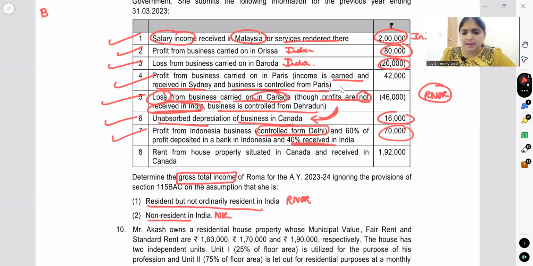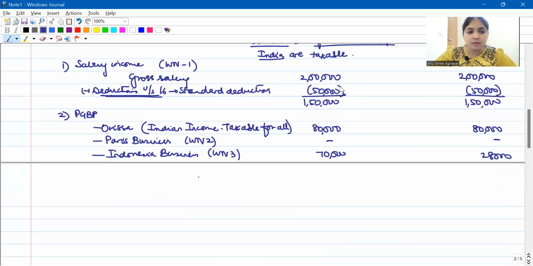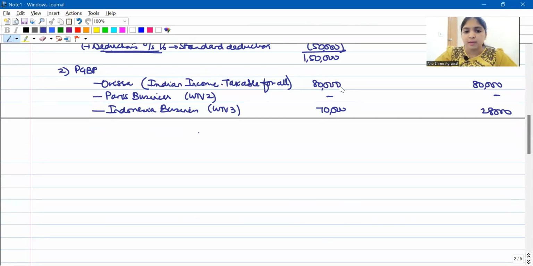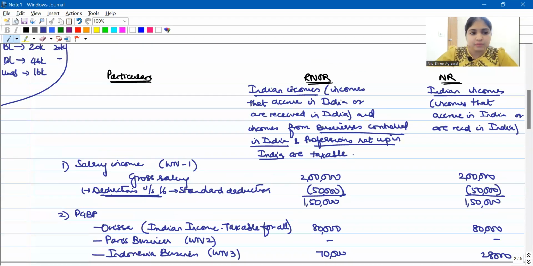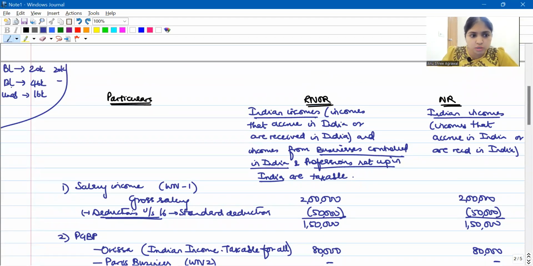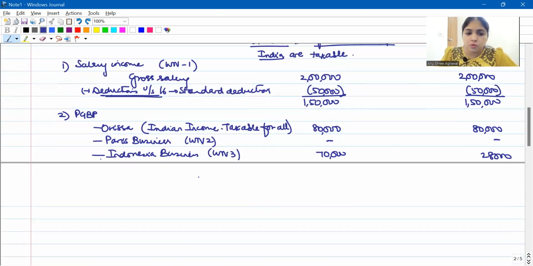Now we are left only with rent. Rent will go to IFHP. IFHP will handle at the end. Let us finish off the losses now. All right, we are doing PGBP. So PGBP will finish off the losses. Here we have totally 3 losses. We have business loss, another business loss, and unabsorbed depreciation. Out of the 3, obviously, which of the 3 will I give priority? I will give business losses priority, right? So from this, less